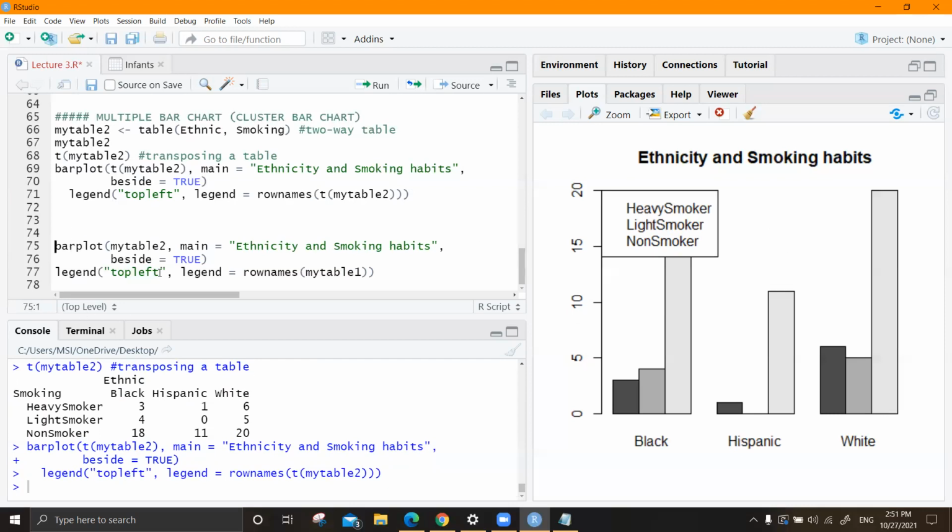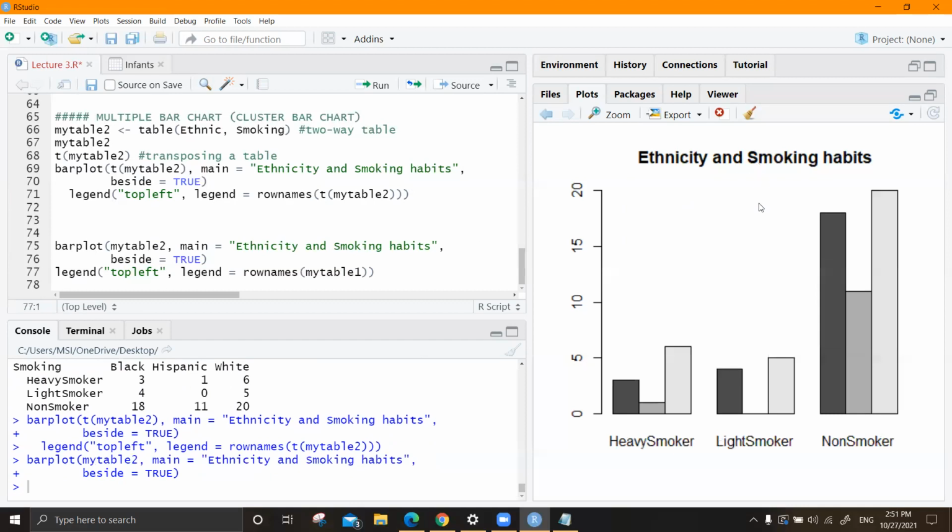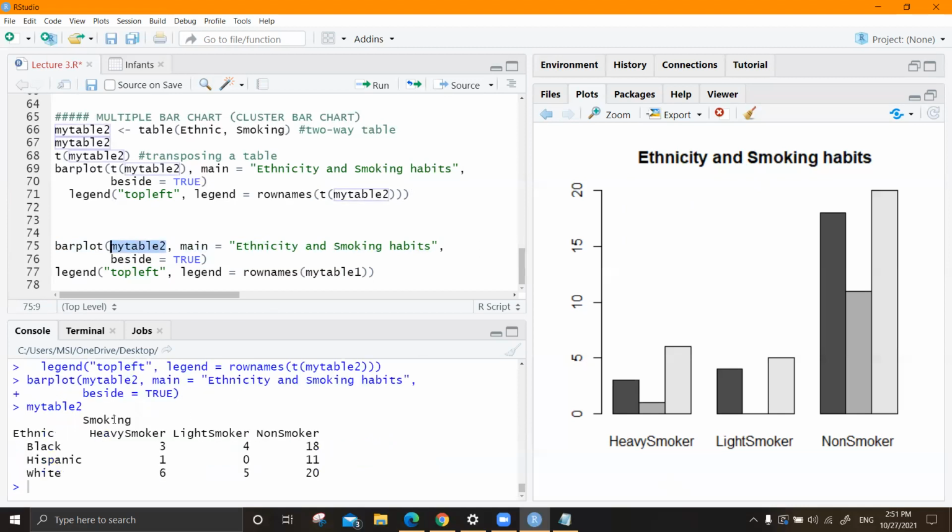Let's look at this. We are using this table. Here we have gotten the column names. Always we are getting the column names as the x-axis. We want to have Black, Hispanic, and white as this, which means the row names.